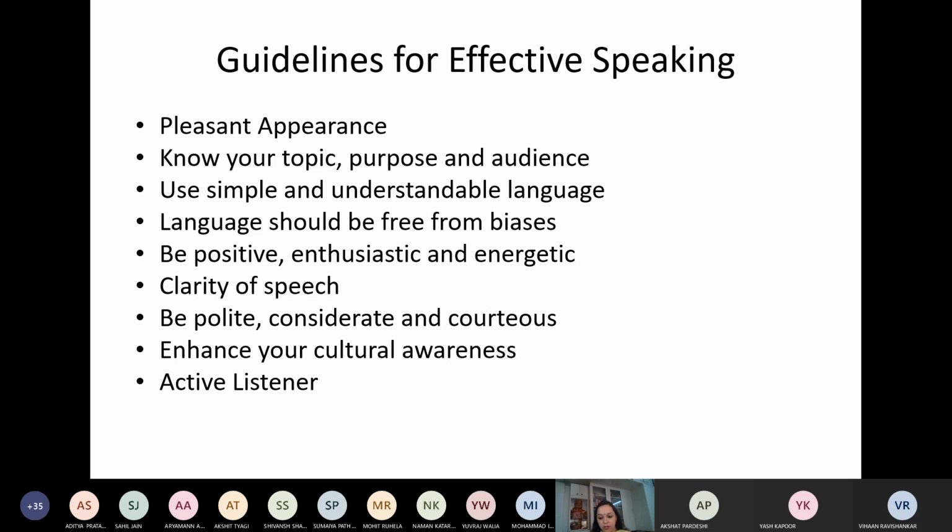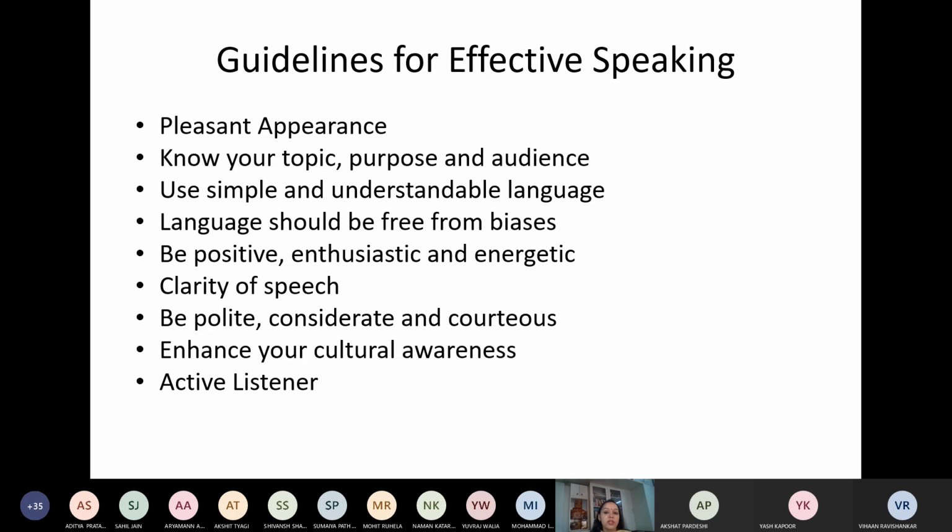It is very, very important, right? And a language that is free from biases. I think we've discussed this so many times. That is, no gender, no community, no culture, no region, no religion, no anybody. You shouldn't take up examples, you shouldn't use words that hurt the sentiments of a certain community or people coming from any particular gender. So our language should be free of any kind of biases.